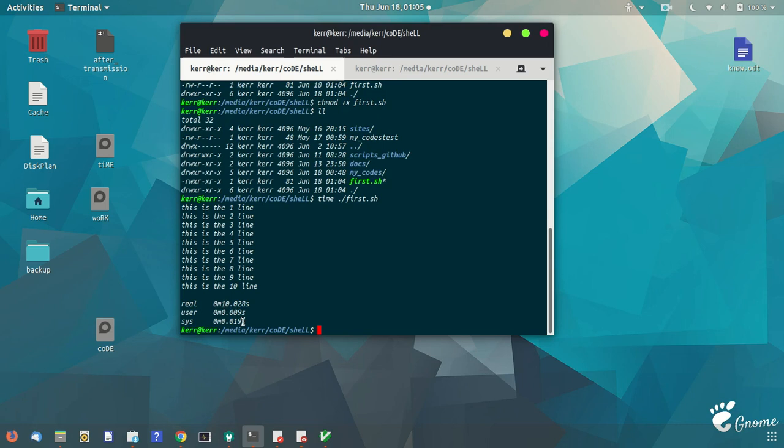As you can see, the time command shows that it takes about 10 seconds, because you run this loop 10 times, and in each iteration you are taking a 1 second sleep. That's why it's taking 10 seconds. That is basically the use of this time command.